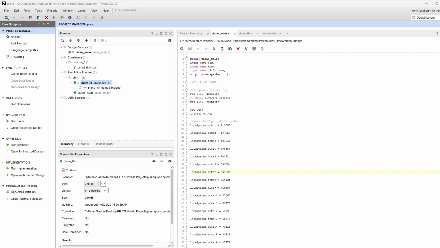My name is Cedric, and in this demo, we'll be going over how to implement a piano in the FPGA. So the problem that we want to dissect, piece by piece,